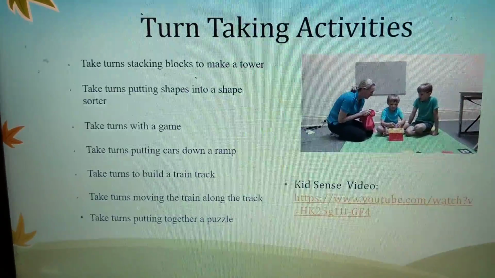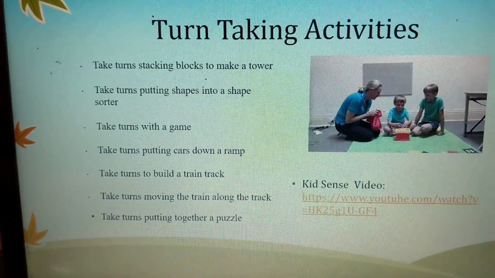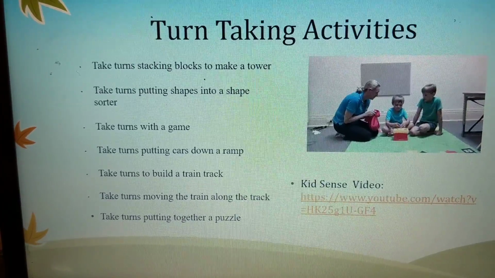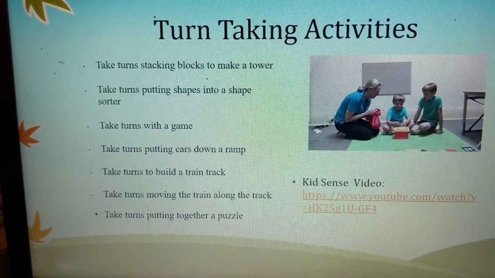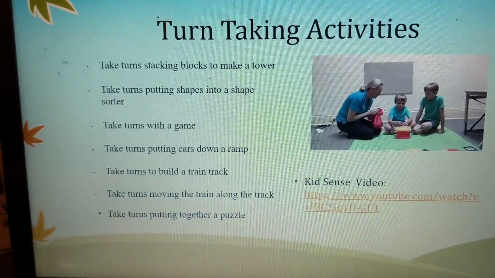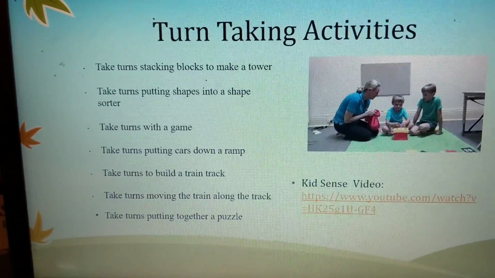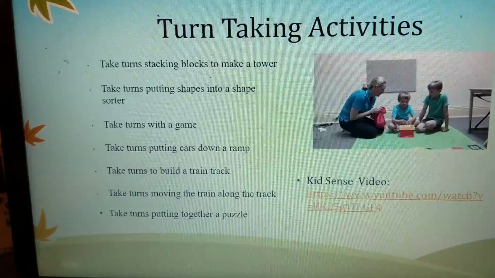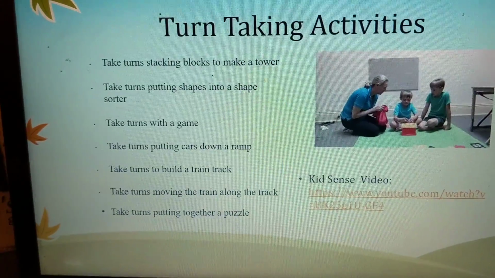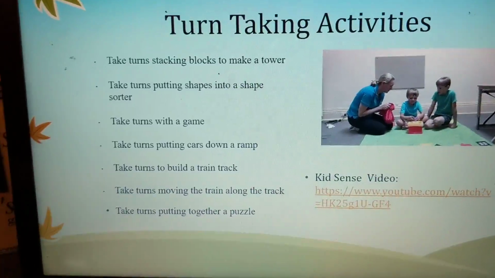Here's the Kid Sense video. Gives a lot of ideas of turn-taking activities, such as stacking blocks, putting shapes into a shape sorter, taking turns with a game, taking turns with a toy,